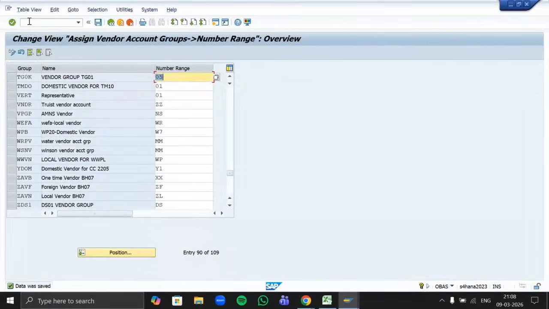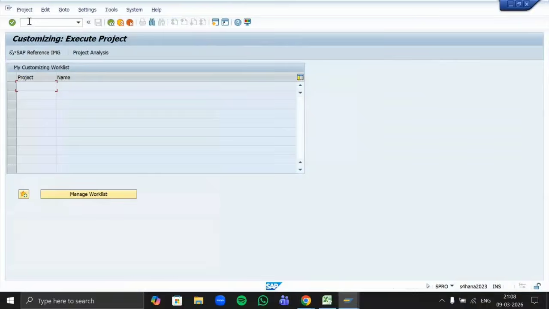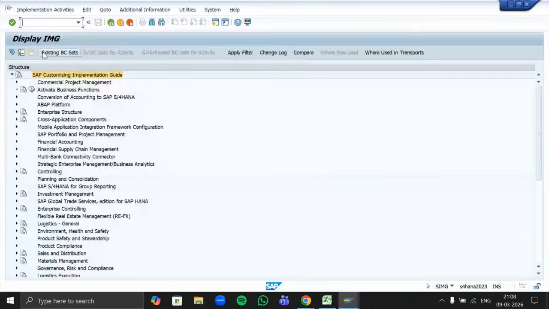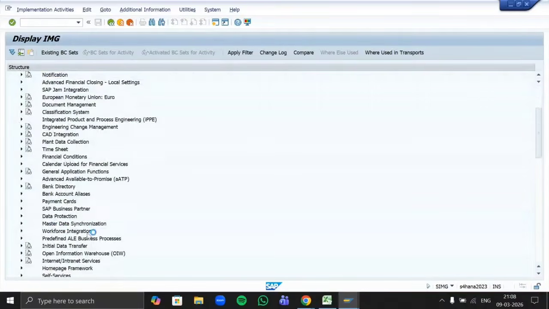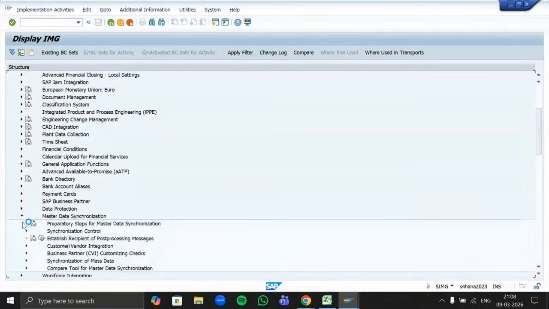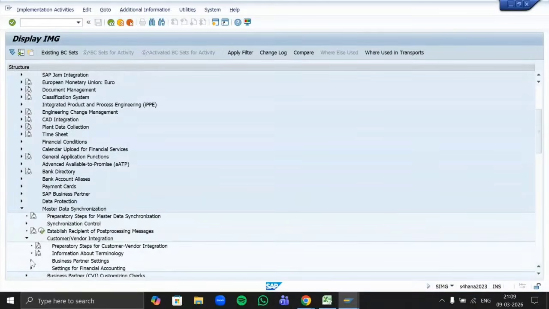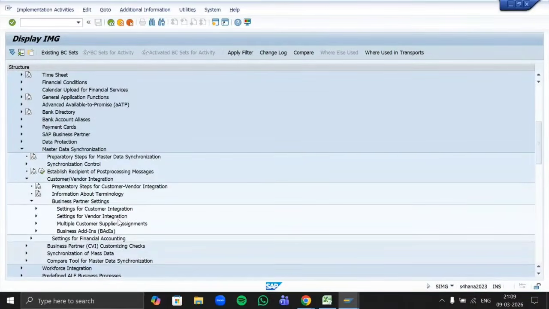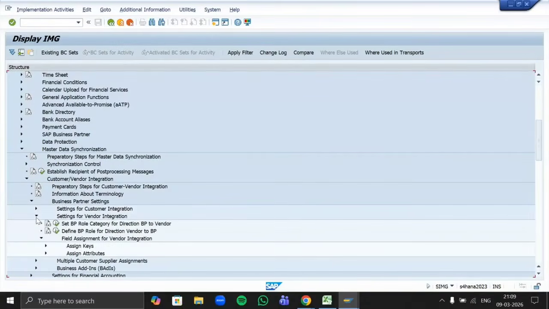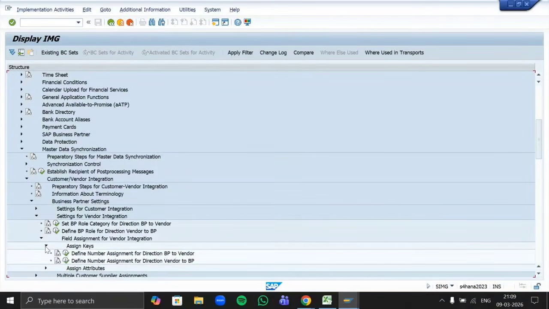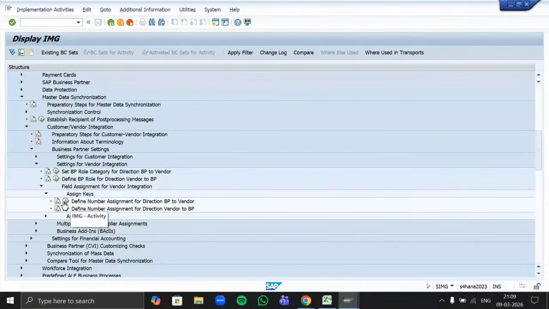Path is SPRO, IMG, cross application components, master data synchronization, customer vendor integration, business partner settings, settings for vendor integration, field assignment for vendor integration, assign keys, and the very first is define number assignment for direction BP to vendor.